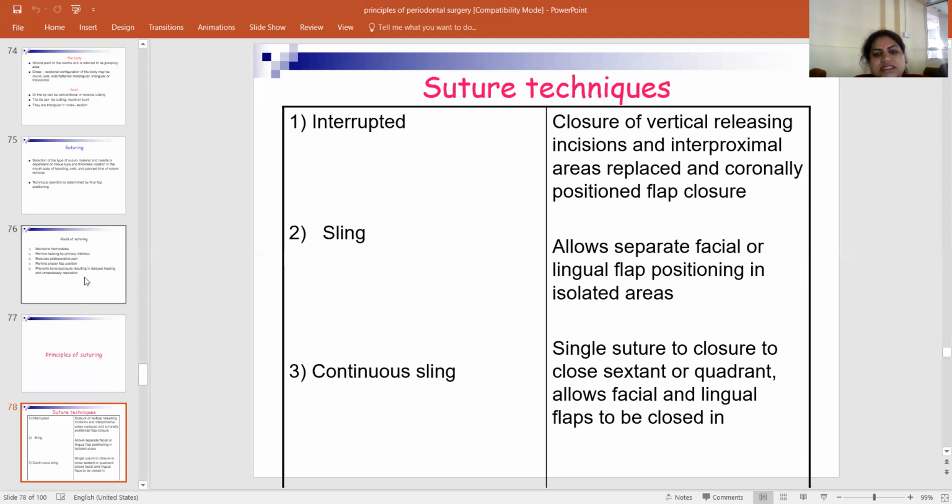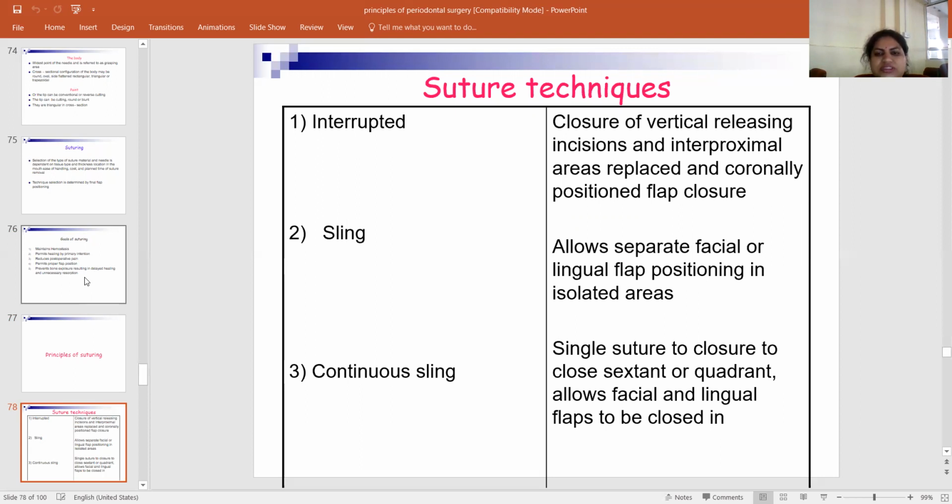So interrupted, sling, and continuous suturing. The interrupted suture technique is basically used for the closure of vertical releasing incisions and interproximal areas, replaced coronally and positioned flap closures. So you can use it if you are placing a vertical incision and the interproximal areas which were surgically elevated, so they are going to be placed back in the same position and the vertical releasing incision heals by primary intention. Second is your